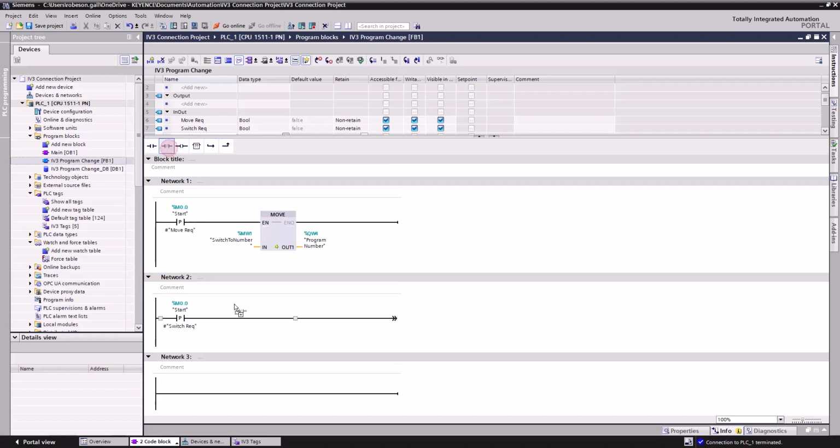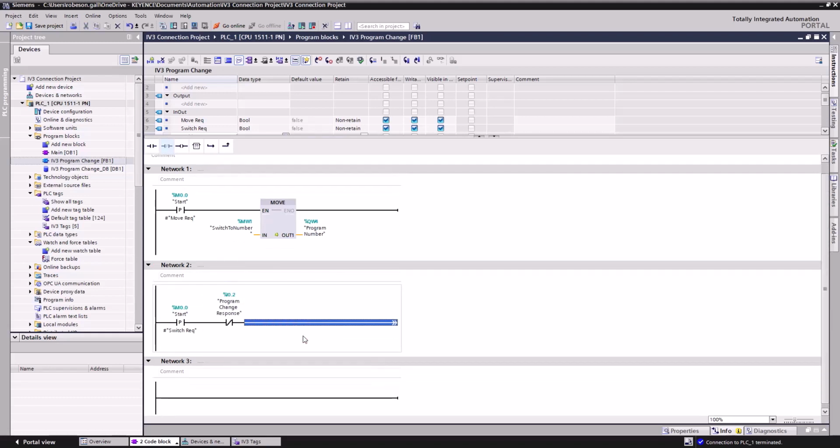Next, we'll drag a normally closed contact to the right. We'll assign this to our Program Change Response tag. This makes it so the PLC stops sending our change request once the IV3 confirms it's received the request. Now we'll drag a coil to the right of the response, and we'll assign this to our Program Change Request